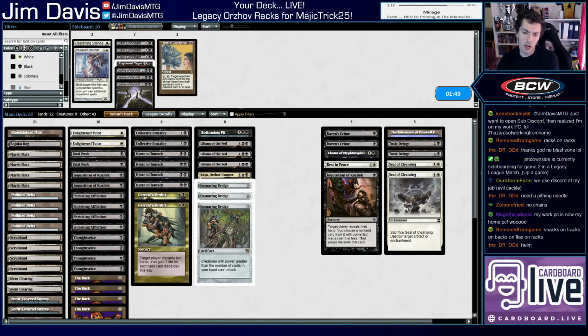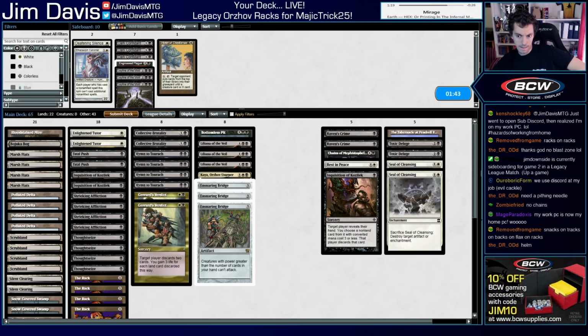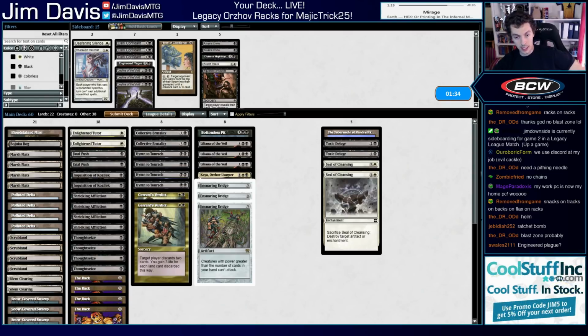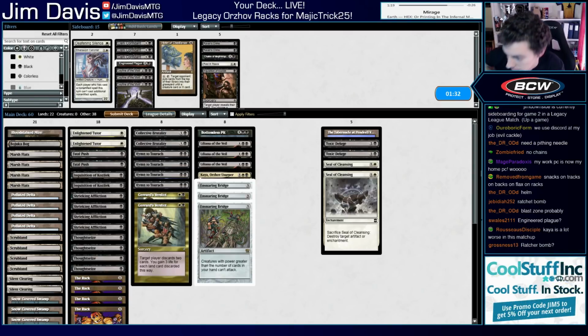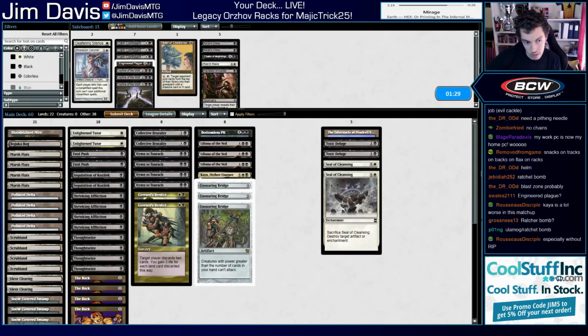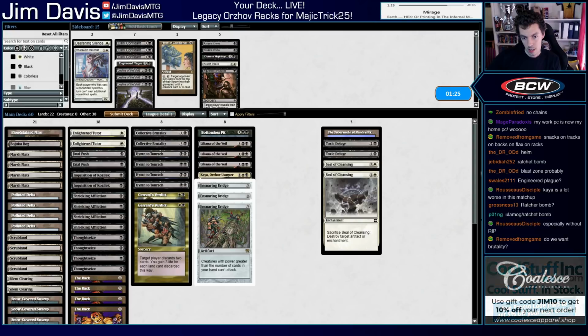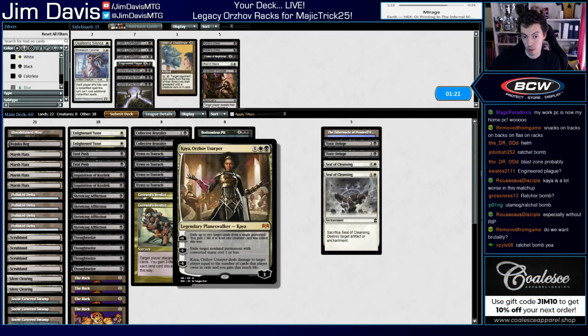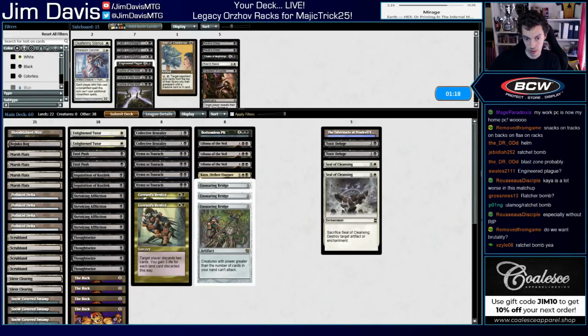How do they kill an Ensnaring Bridge? Alright. This is fine, I guess. Engineered Plague? Nah. Or Ratchet Bomb? It's possible. Kaya is worse, but it still kills Chalice, so it's fine. It also kills Endless One and Walking Ballista, so